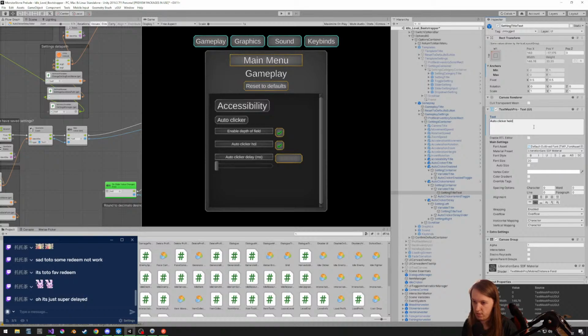Hold to activate. Oh, right. Or toggle. It's a little bit weird though, because it's like hold a toggle, yes. So it's like just